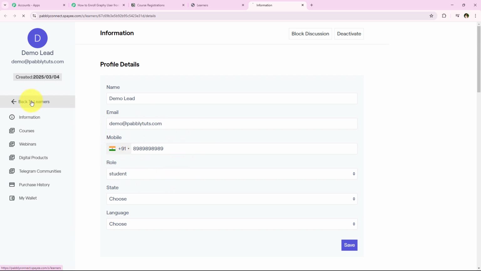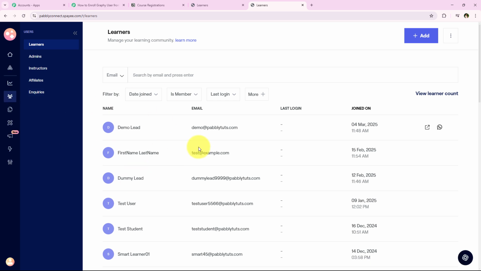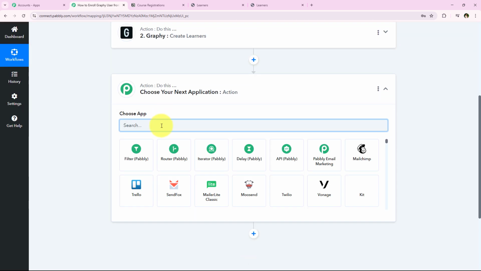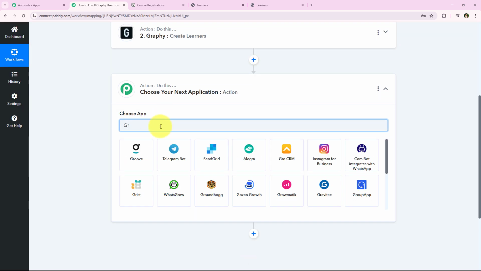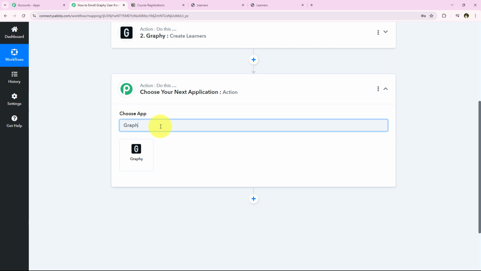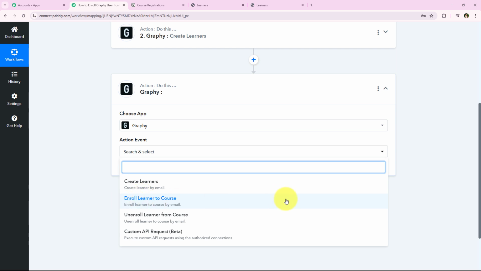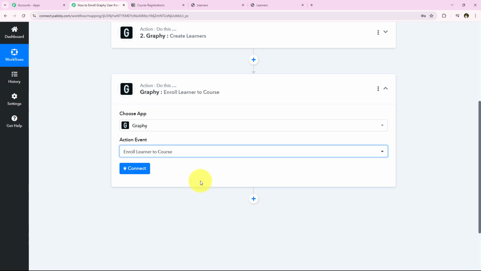But now what I want is to also enroll this learner into my free course in my Graphy account. So I'm going to add another action step right over here. Once again, for the action application, I'm going to select Graphy. So I'm just going to search for Graphy and select it. And now for the action event, I'm going to select enroll learner to a course